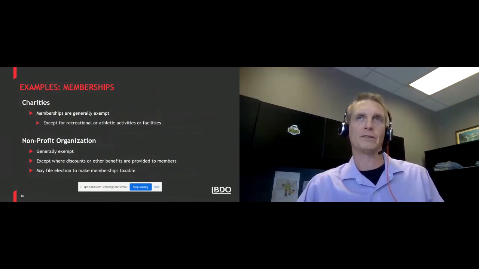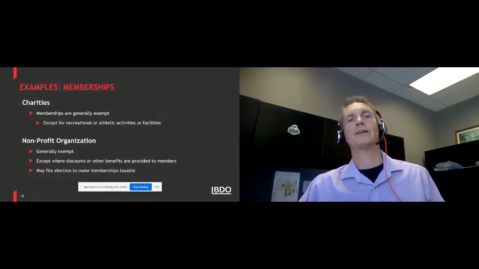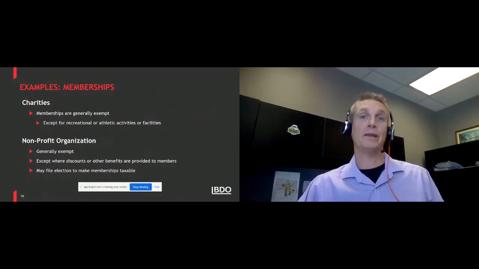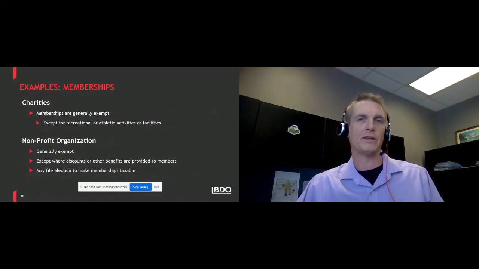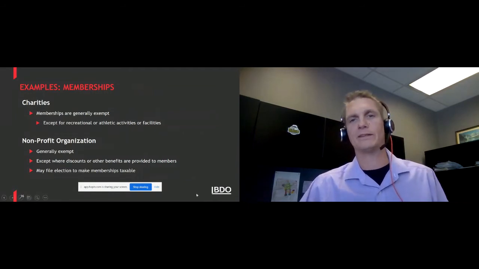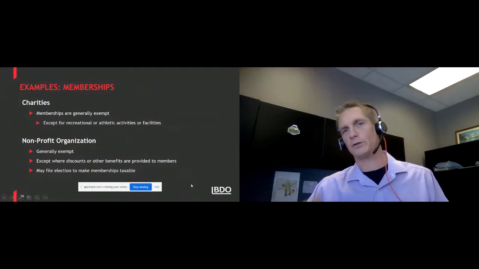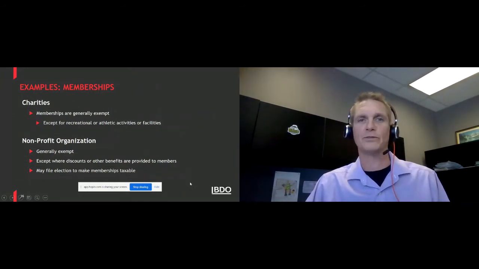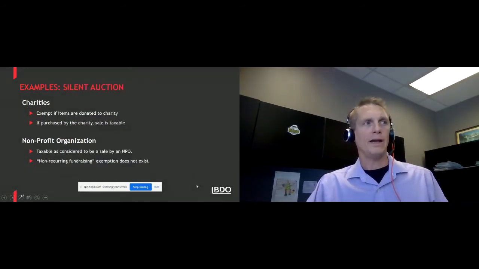But the other big difference is a not-for-profit can actually file an election to make their memberships taxable if they would otherwise be exempt, and charities can't do that. And we'll touch on that a little bit later on, because that sort of raises up some possible opportunities for an NPO. Now, if we look to a silent auction,